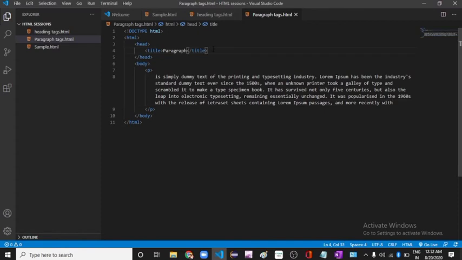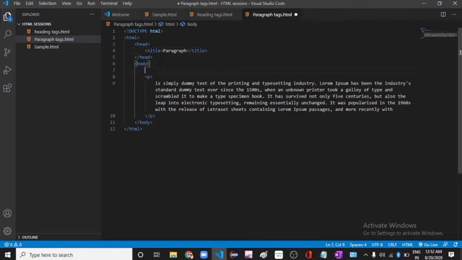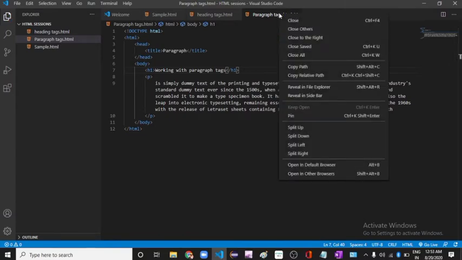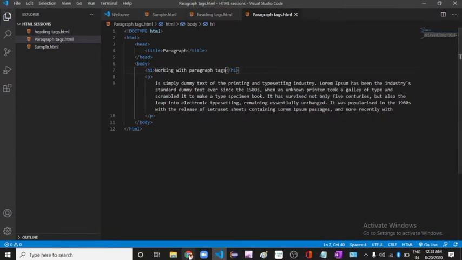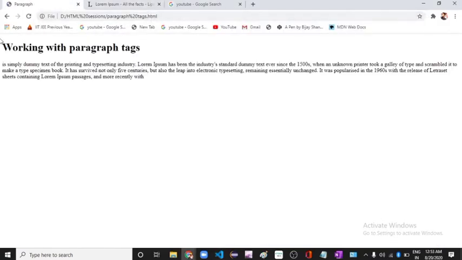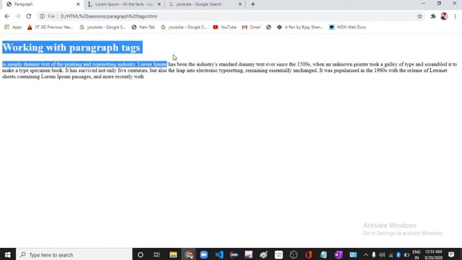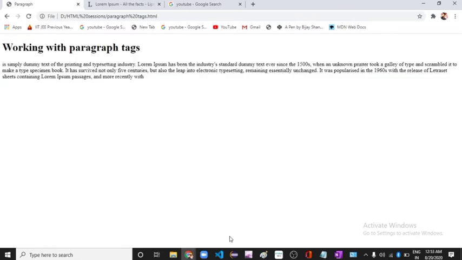If you want to add something else inside the body section, like a heading, working with paragraph tags, save with Ctrl S and copy path. This is h1, and here the content. Are you getting it or not?